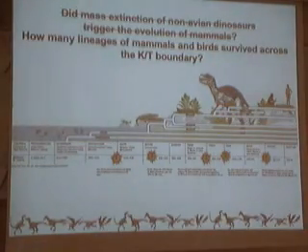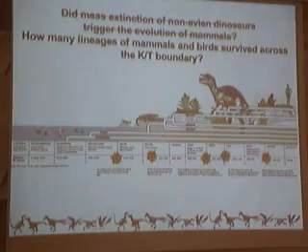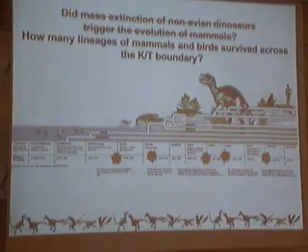And of course you can start turning all the questions that you have around in a similar fashion. So rather than asking, did mammals start to diversify because dinosaurs went extinct, you can ask, did dinosaurs start to go extinct because mammals started to diversify and actually predate on the dinosaurs,